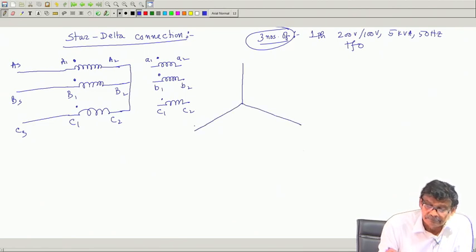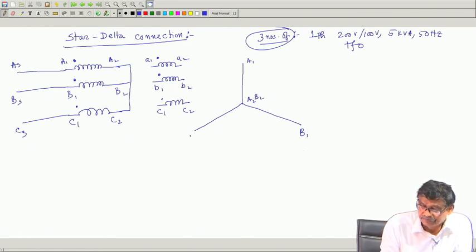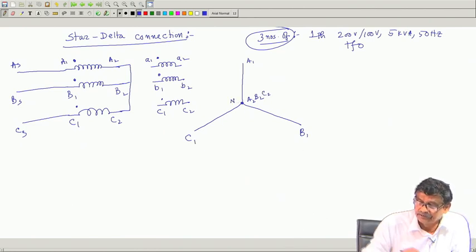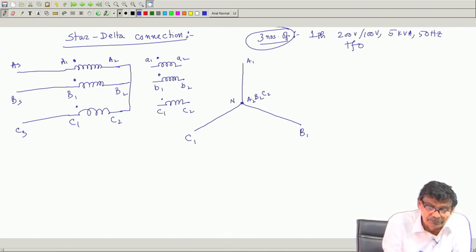This one is A1, A2, and A1 is AS, that I am not writing. Similarly, here it is B1, B2, and A2, B2, C2 I have shorted, C1, C2. This whole thing is the primary neutral, and the length of each one is 200 volt,